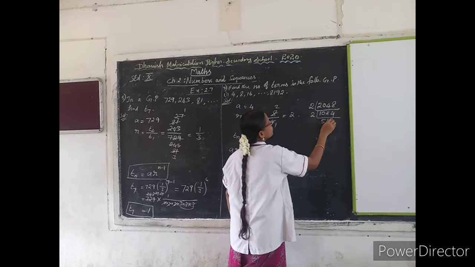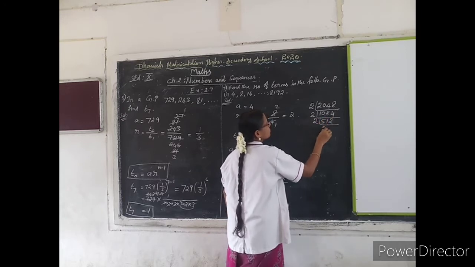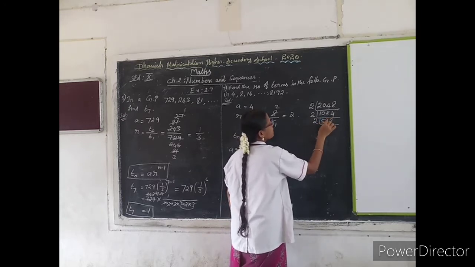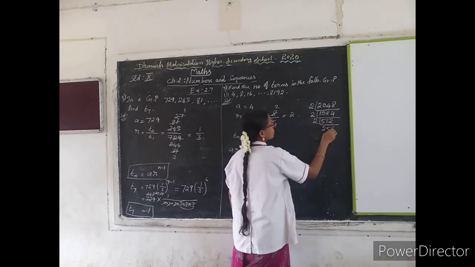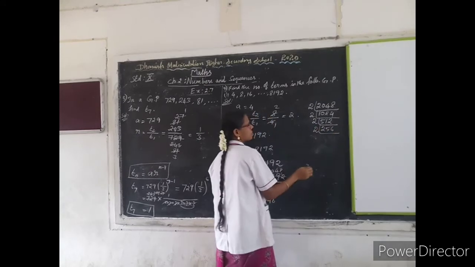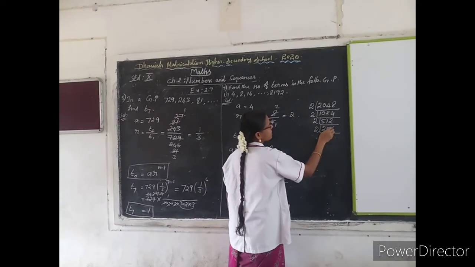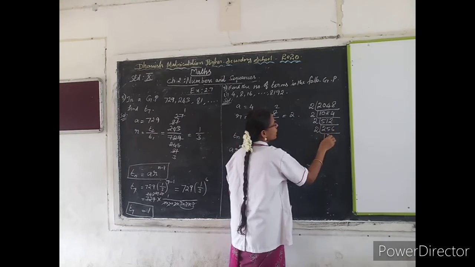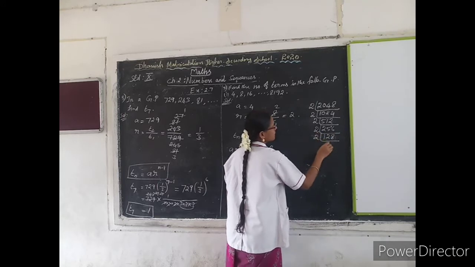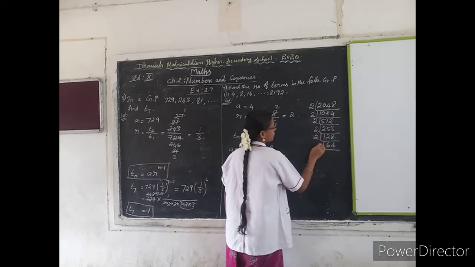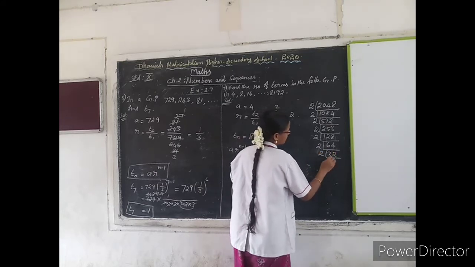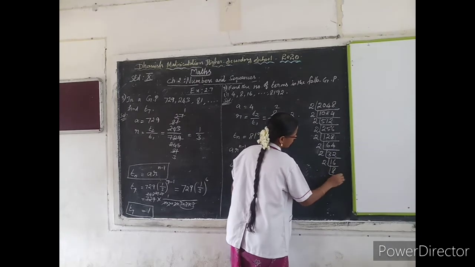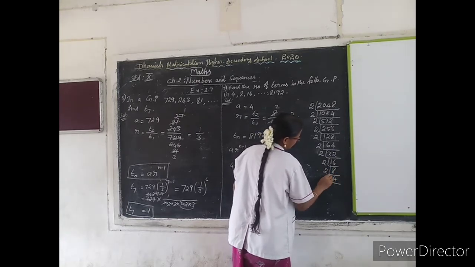2 2 times, 2 2s are 4. Remainder 1, take 11. 5 2s are 10. Remainder 1, take 12. 6 2s are 12. Again by the 2 table, 1 time. Take this 5. 2 2s are 4. Remainder 1, take this 16. 8 2s are 16. Again the 2 table 1 time, 6 times. 8 2s are 16. 4 2s are 8.